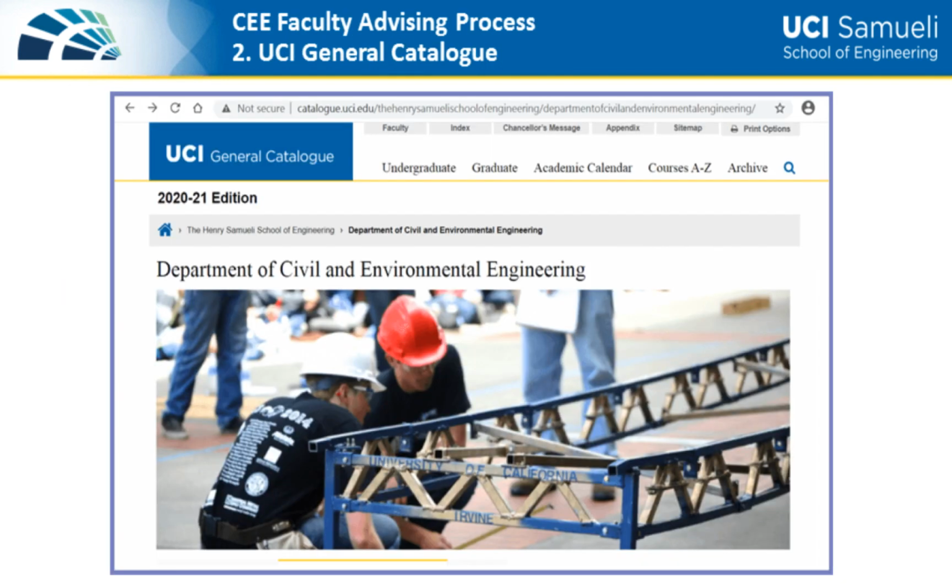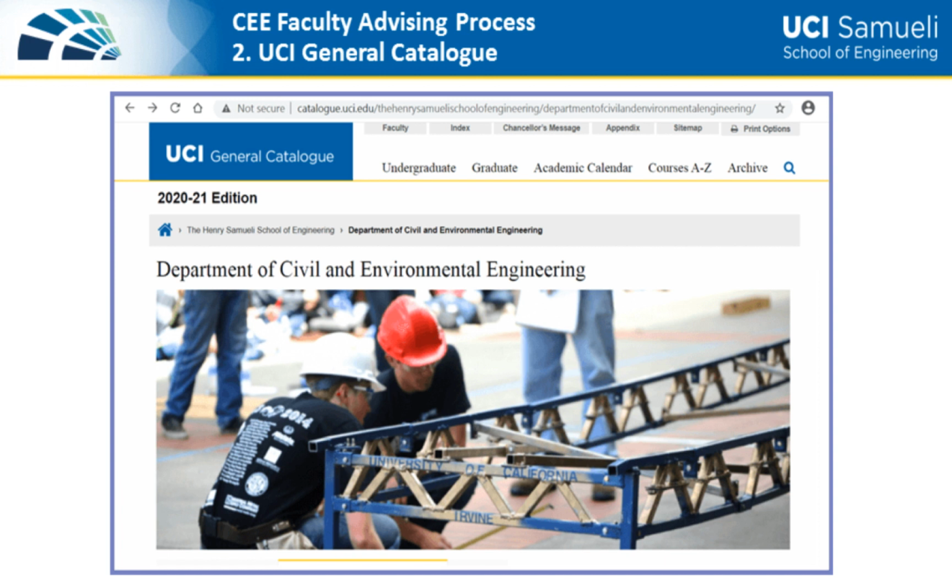The UCI General Catalog is available online. Just search for General Catalog and search for the Department of Civil and Environmental Engineering and you will find this page. This link will take you to the most recent year, but you can always find a catalog for any prior year. So if you are a freshman this year, you'll be taken directly to the 2021 edition. If you are a continuing student, you should be following the General Catalog for your program from the year that you entered as a freshman. You can find those from the exact same site.